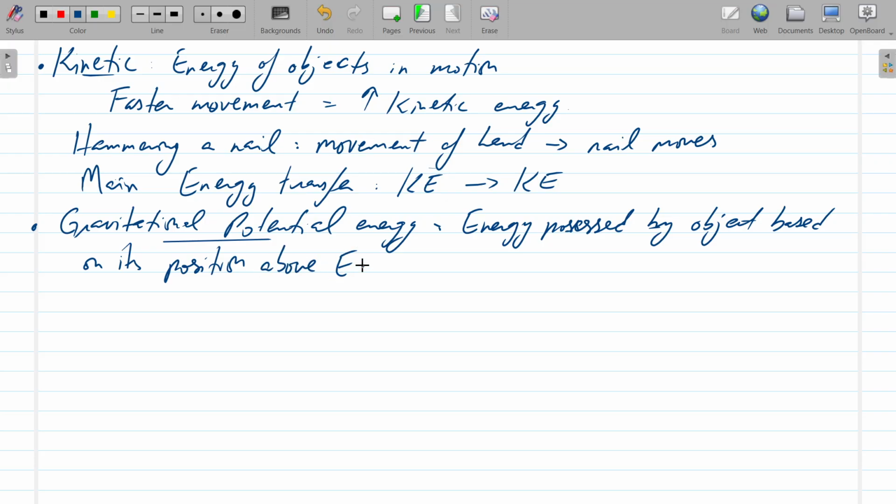Above the earth's surface. I say surface because that is where you would normally find objects,